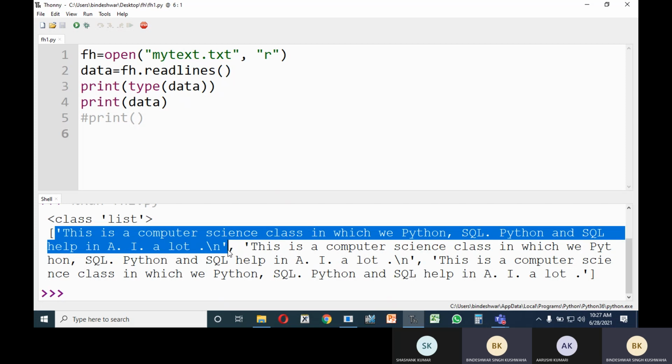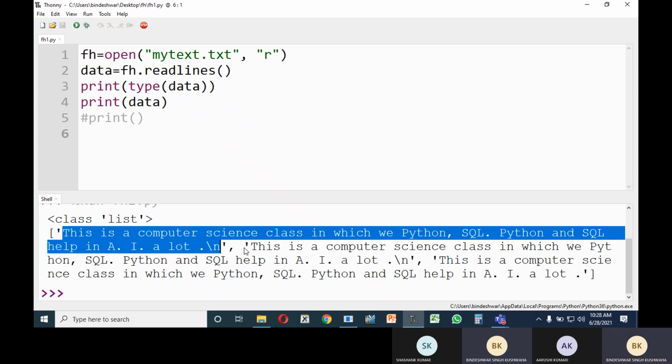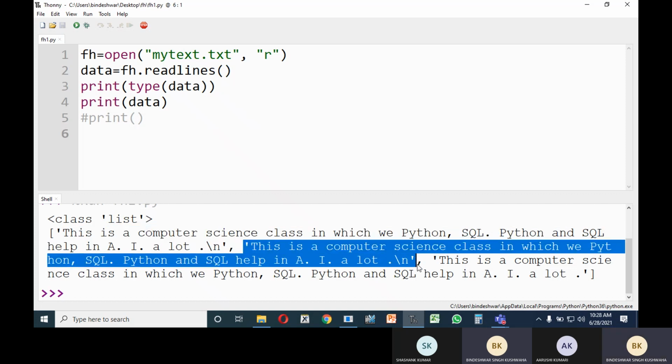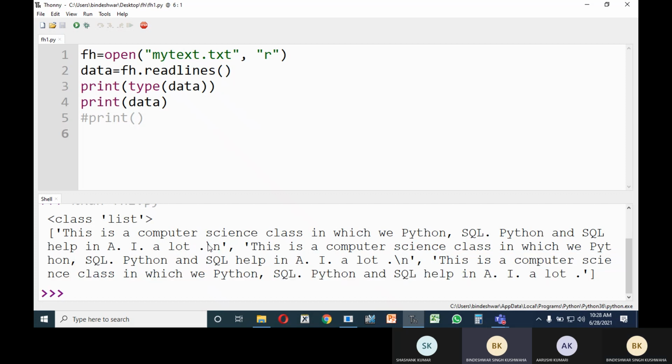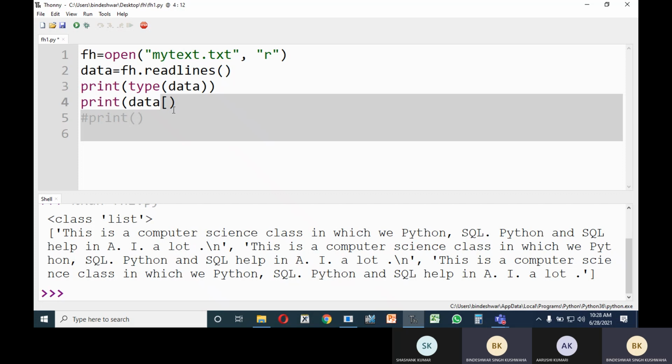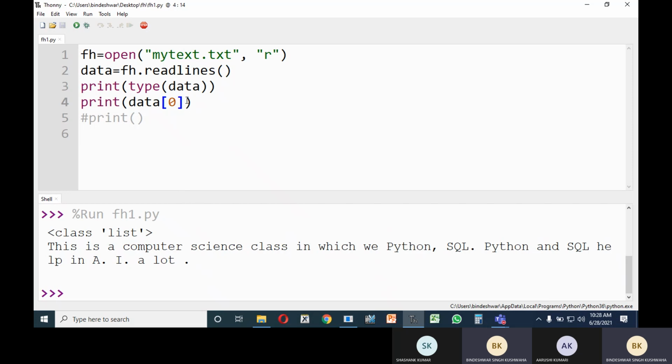I said six lines, but here this line has a comma inside the sentence also, so I was wrong. So the first line is in the first element, the second line in the second element, and the third line in the third element. Also there is a slash n, which means new line, so this will also print. But if you want to print the first line, then data[0]. This is the first line.